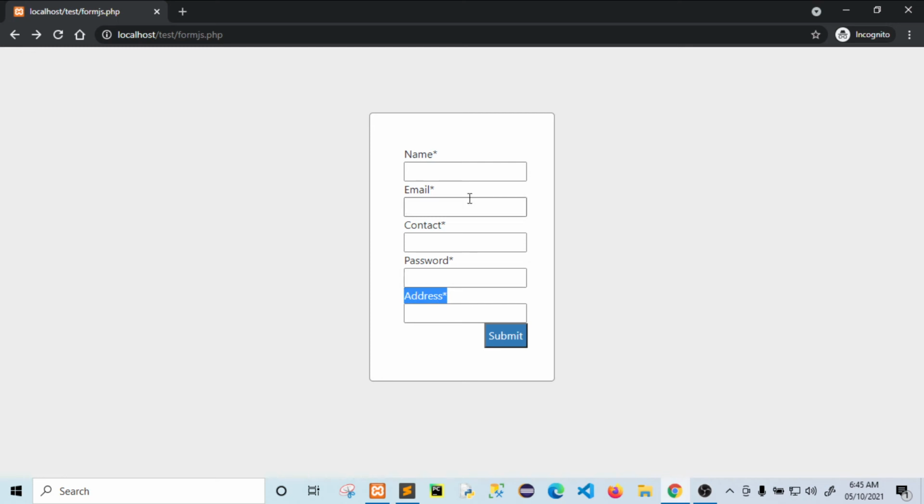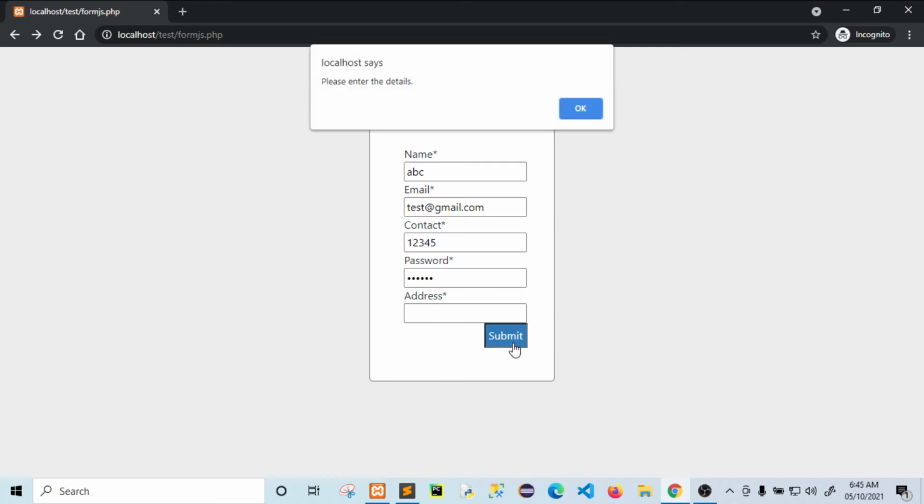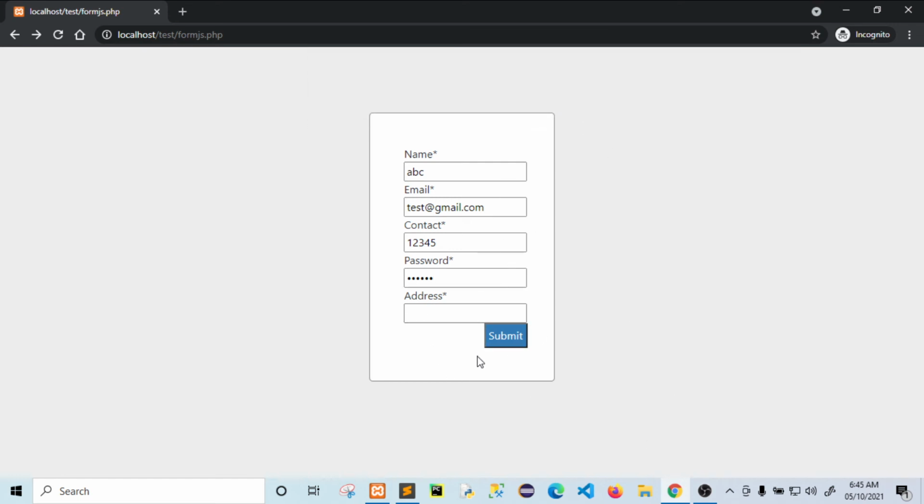One more field is added, address. So if you insert the value abc, test@gmail.com, contact, and insert the contact, then password. Suppose you do not enter the address, what will happen? Then it will show the alert message, right? So if you enter the address, suppose USA, suppose India,